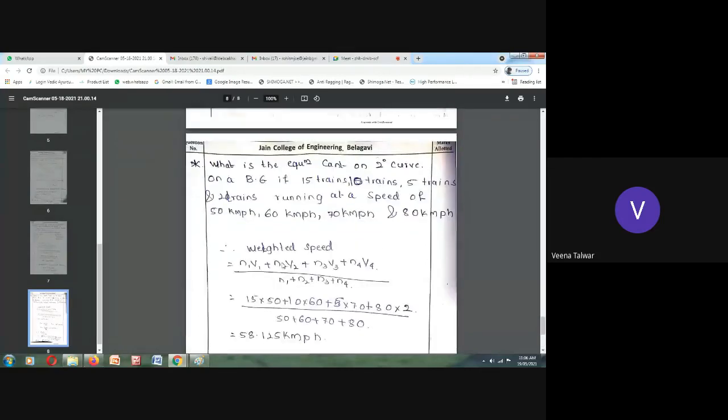Next. Now, what is the equilibrium cant, right? What is the super elevation or cant on a 2-degree curve on a broad gauge if 15 trains, 10 trains, 5 trains and 2 trains are running at speeds of 50 kmph, 60 kmph, 70 kmph and 80 kmph? Okay. Now they are asking you to find out what is the super elevation that can be provided with the trains which are going to move at different speeds, with a different number of trains. They are telling you to determine the